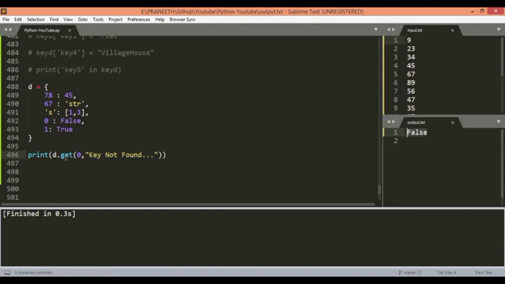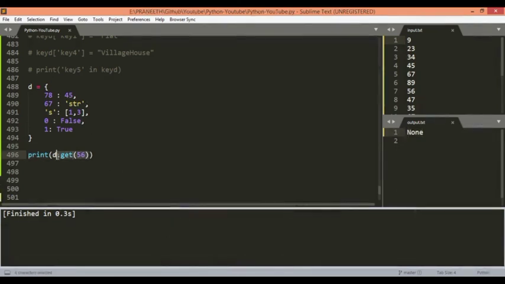So if get gets the value of the given key, it will print that, else it will print the message given by us. So here it is printing string. If we didn't mention anything, then it will directly print a none, as we discussed in our previous lectures. You can see none got printed.